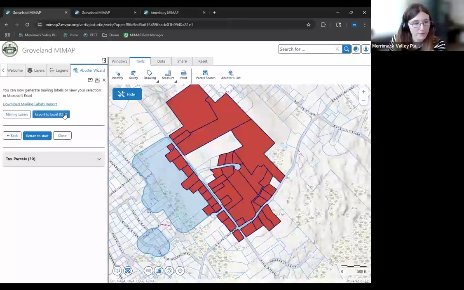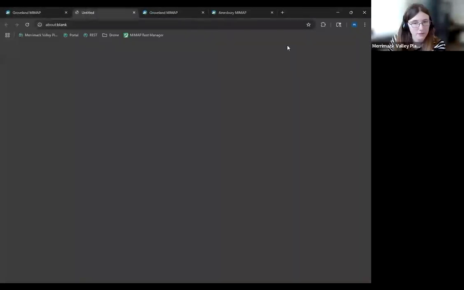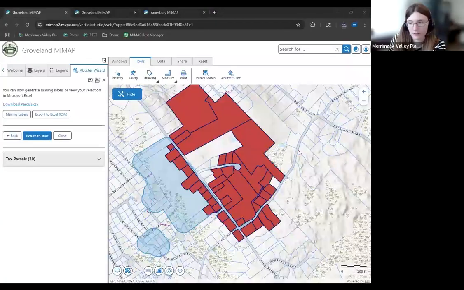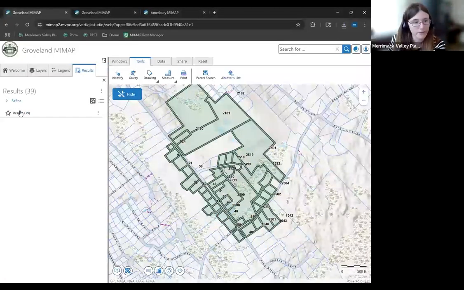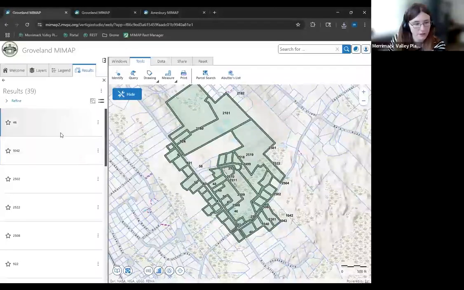And of course, you can also export to Excel, which will generate a CSV file that downloads, and you can open that and it'll be just all the data, which I know this is sharing not the exact screen, but it's just a spreadsheet of all the data related to those parcels. Once I close that out, you can actually see it keeps everything selected once you close it, in case you wanted to look closer into everything. I'm not sure why it's using this. It's interesting. I'll have to look into that.